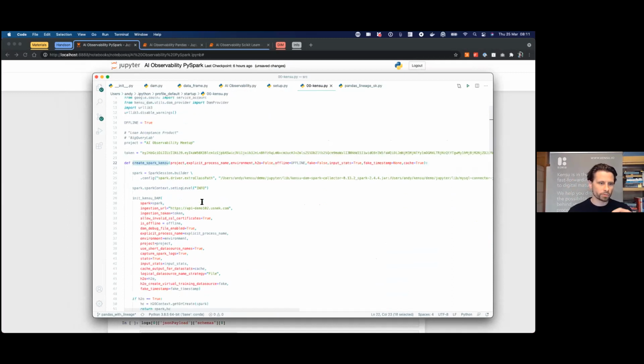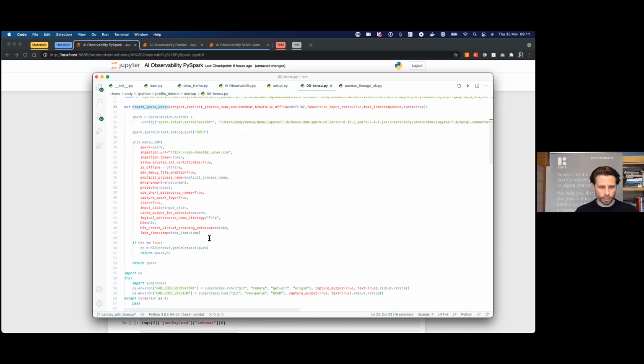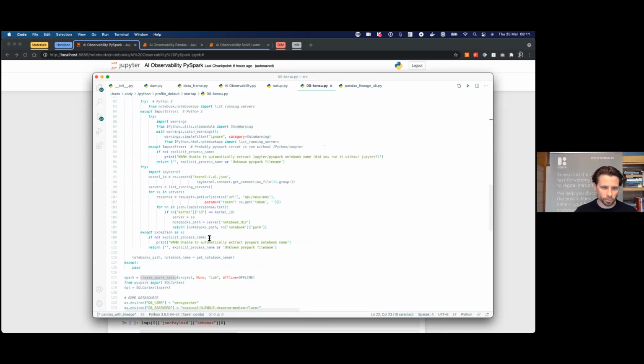What we do with our library is wrap it in order to catch events. I will come back to that later. The events are write events, in order to create some more logs about what the job is doing. In this script, we create the Spark driver, and I also get the notebook name.